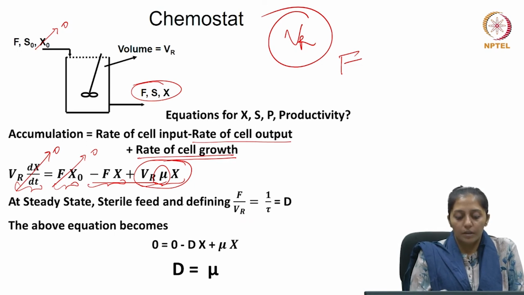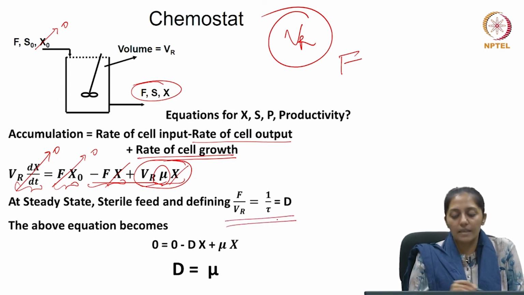If we do the rearrangement, again x and x get cancelled, and you will see that, as in the case of the quasi steady state of fed batch reactors, in continuous bioreactors running as chemostats at steady state, your specific growth rate becomes equal to the